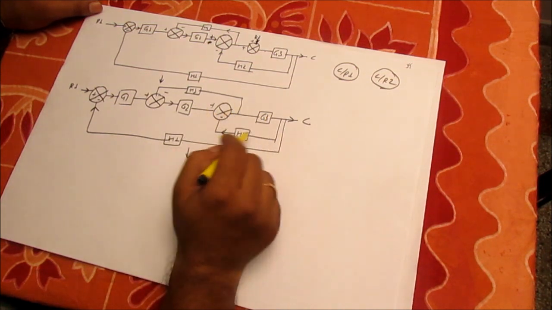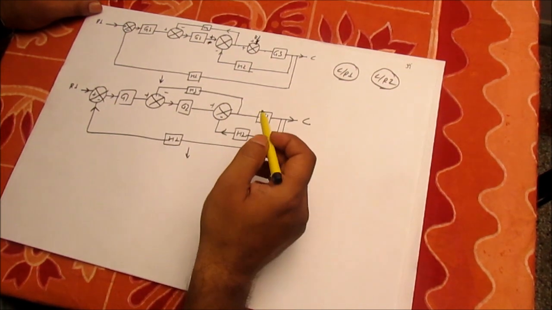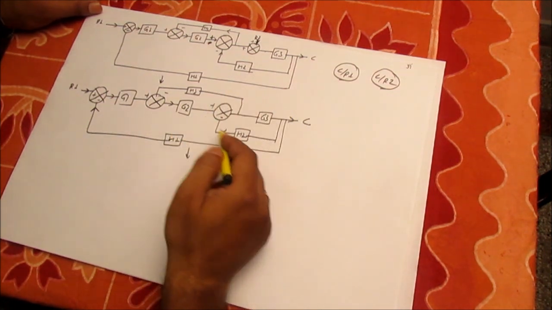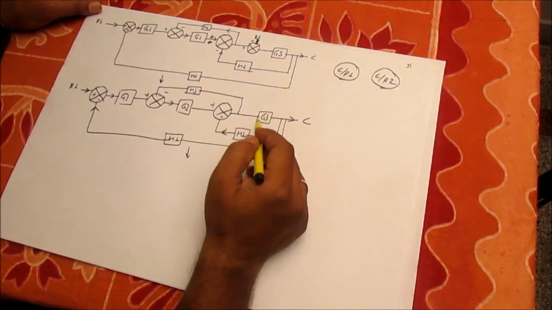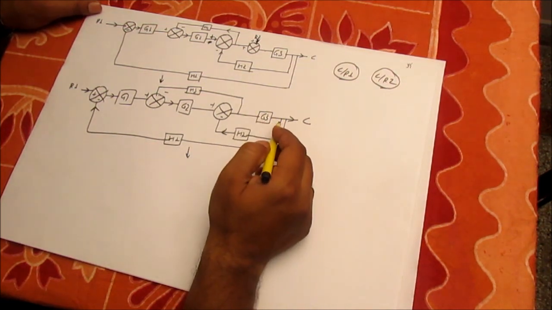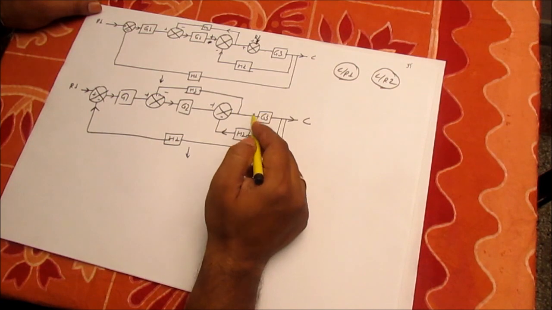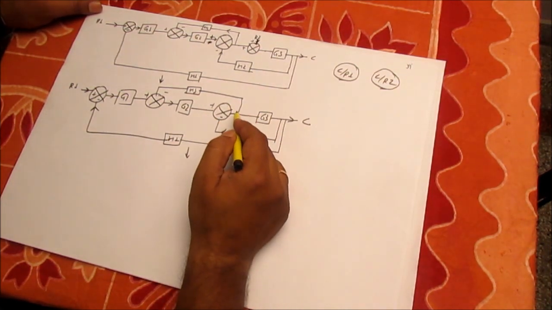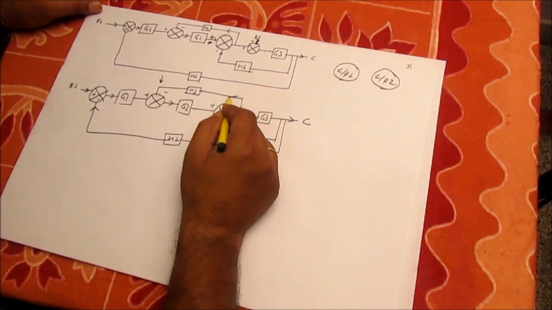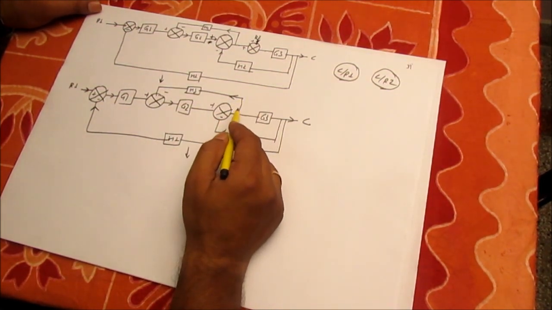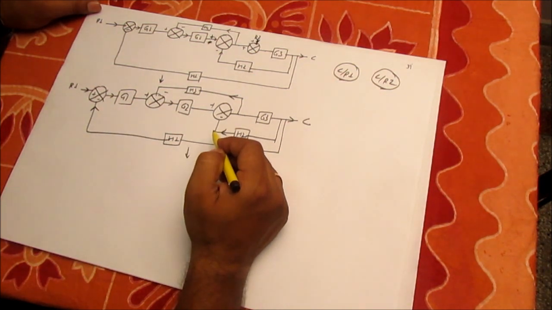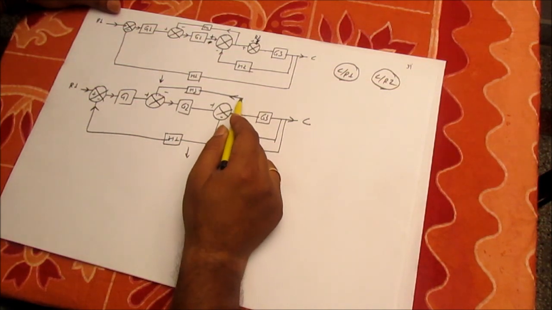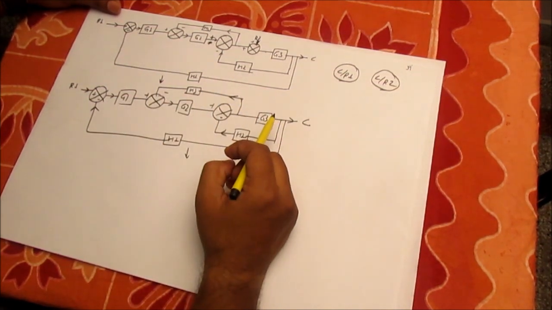By looking into this diagram, I have here G3 and here G2. So it looks like a feedback loop system, and we know its total transfer function will be G3 divided by 1 plus H2 G3. But the problem is we have this takeoff point here, so we have to remove this takeoff point. As we have discussed in our rules to simplify the block diagram,